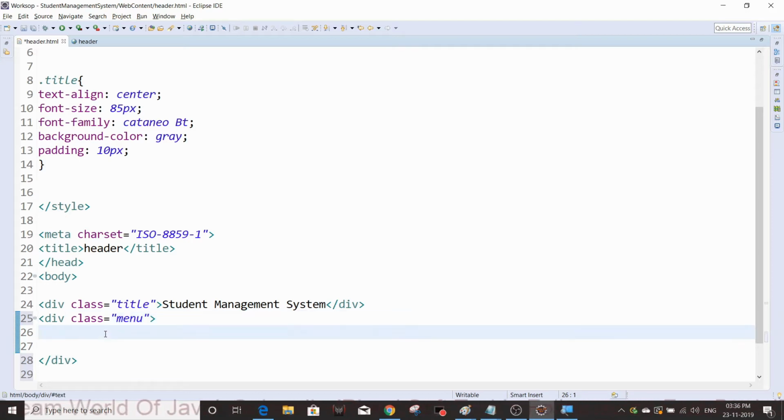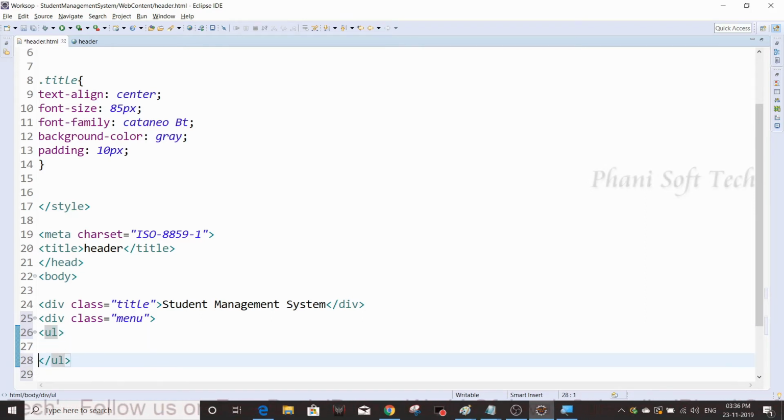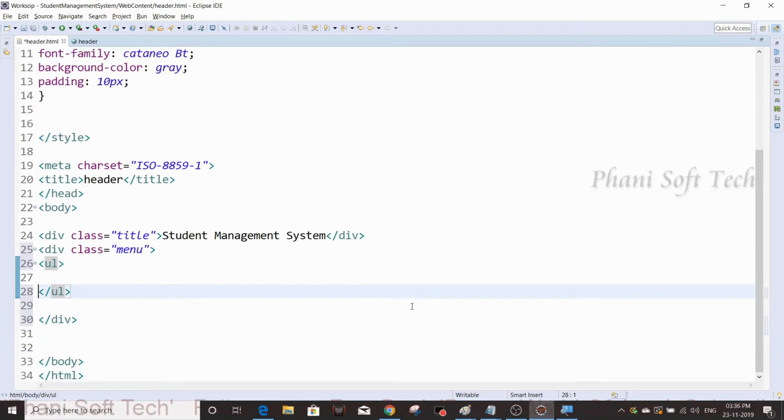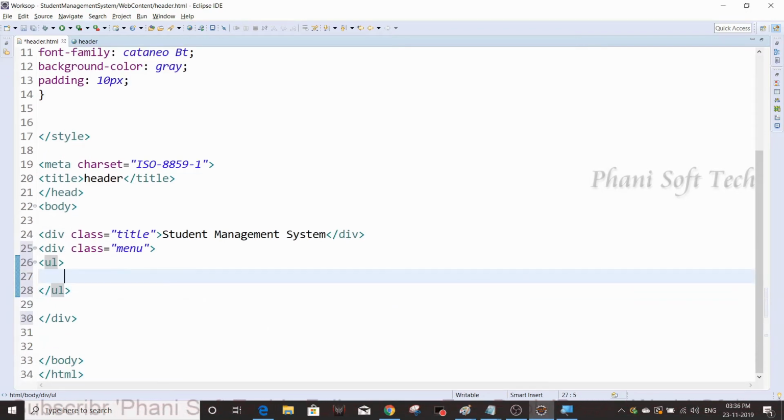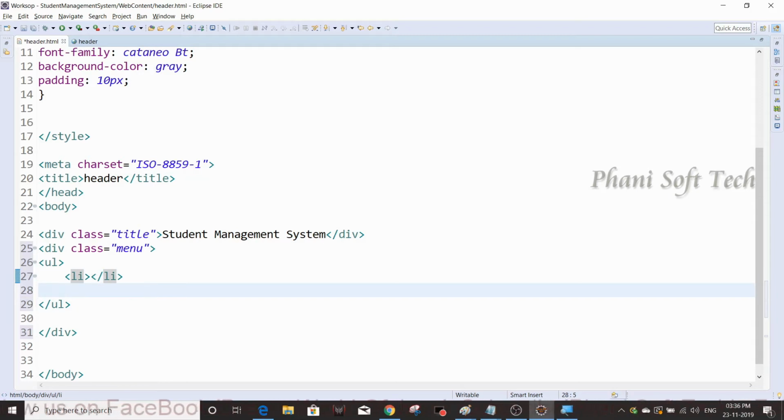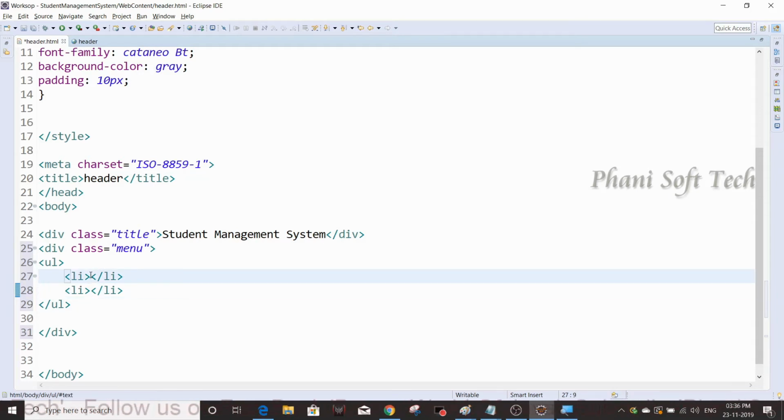Okay, so I'm going to display an unordered list, unordered list having list elements. So for example, I have two list elements.